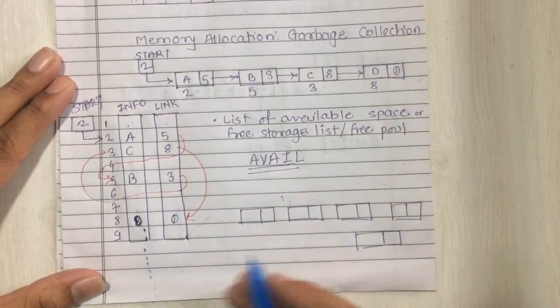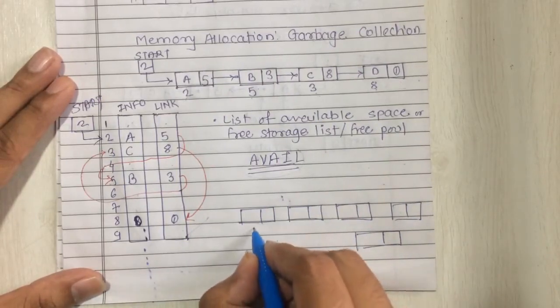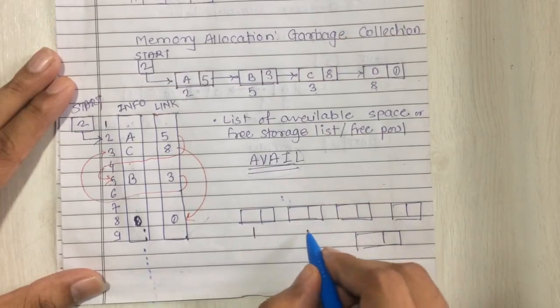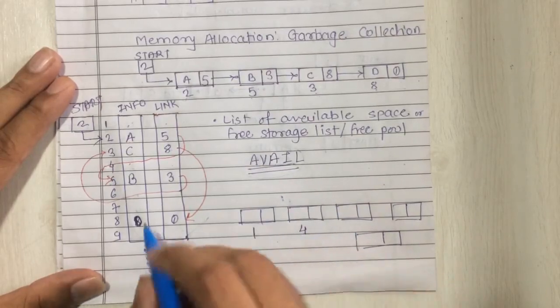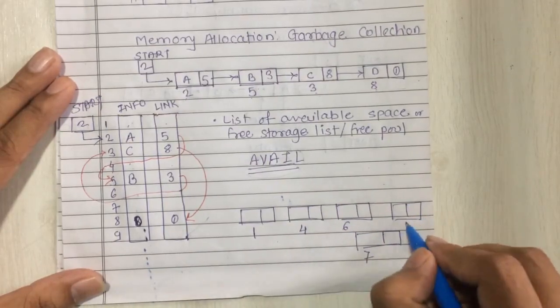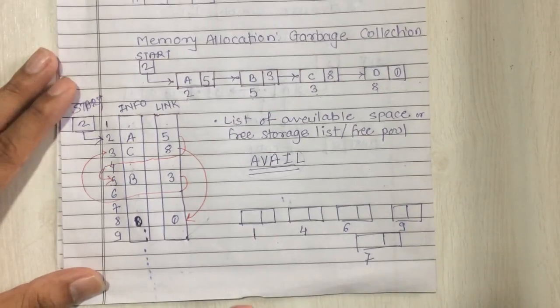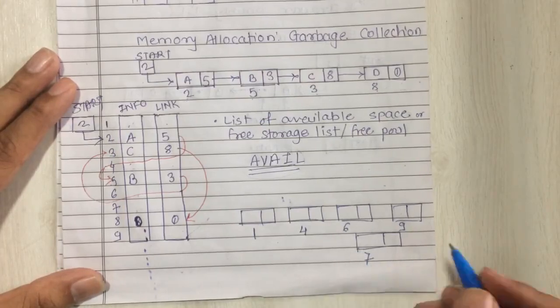Okay, no element is there, so we can simply link them randomly with each other. So this is the address of the first, then I will write 4, then 6, maybe 7 come over here, and 9 will go over here. It depends on how we are going to use these nodes while insertion and deletion. Accordingly, the nodes will get arranged in this link.